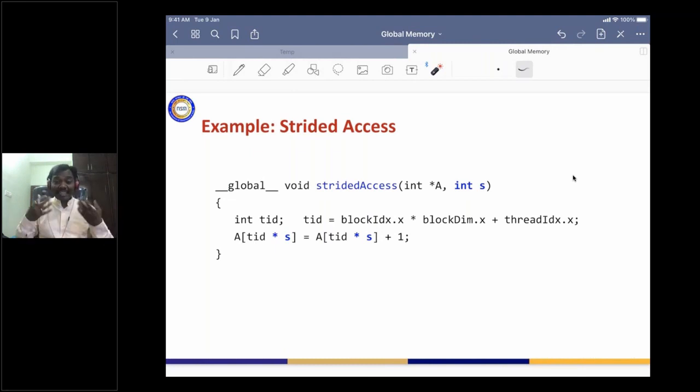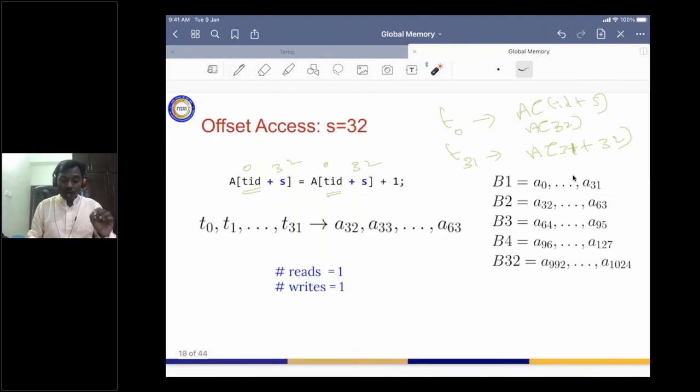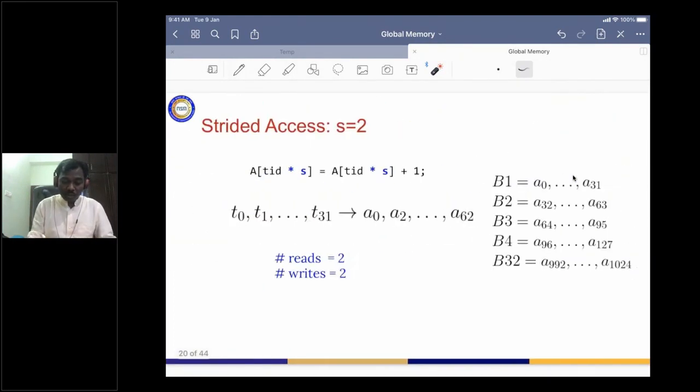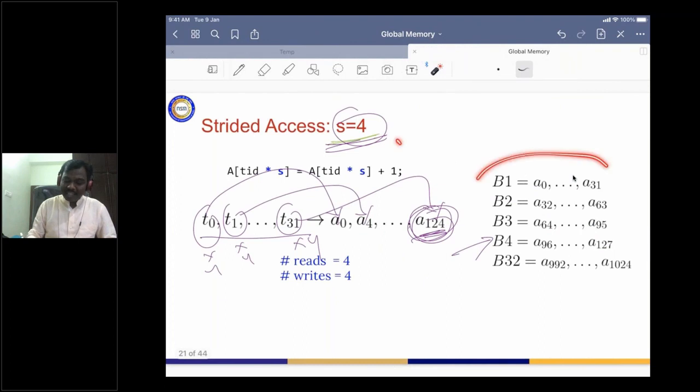In theory, we have understood that the number of memory transactions increases when the stride value is increased. When s was 2, we read only two blocks. When s is 4, we read 4 blocks.